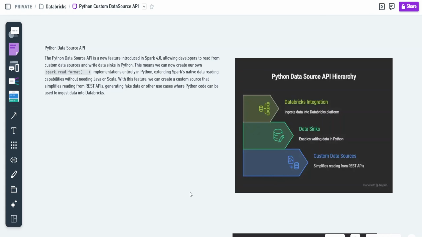Hi, in this video we'll discuss the Python data source API. The Python data source API is a new feature introduced in Spark 4.0. This allows developers, especially data engineers, to read from custom data sources and write into them. We can now create our own format, and once you create and register those data sources, we can directly read them with spark.read.format, which is done entirely in Python, which extends Spark native data reading capabilities without needing